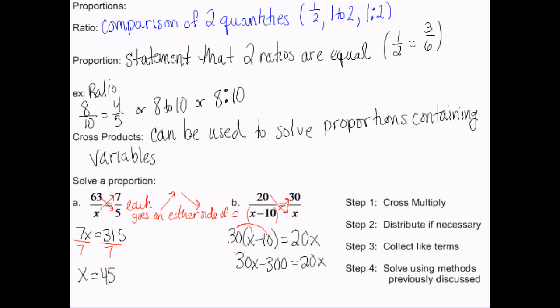I'm going to subtract 30x from both sides because I only have x's over here, so I'm going to move that way. And I get negative 300 is equal to negative 10x. Divided by 10. Can't see that, but that's what I'm doing. X is